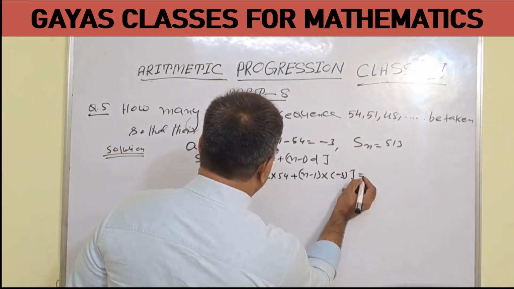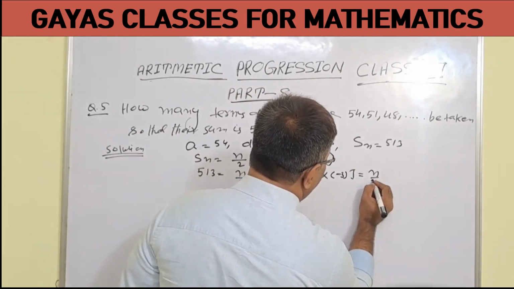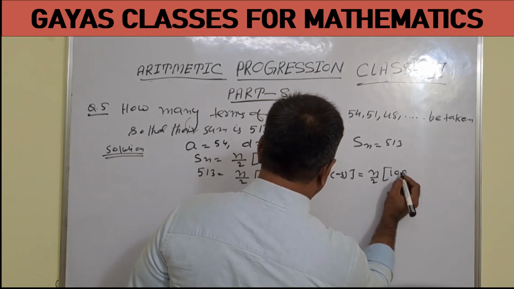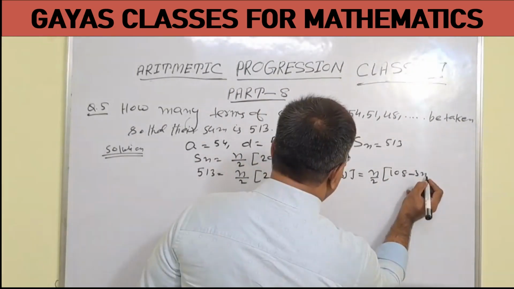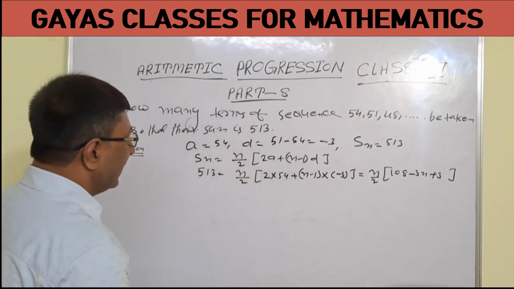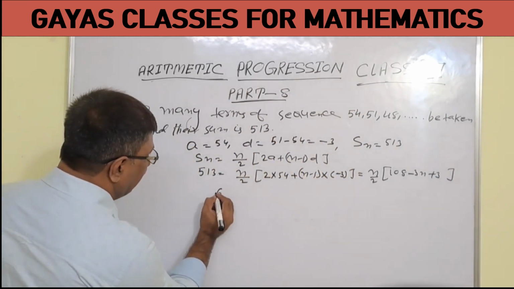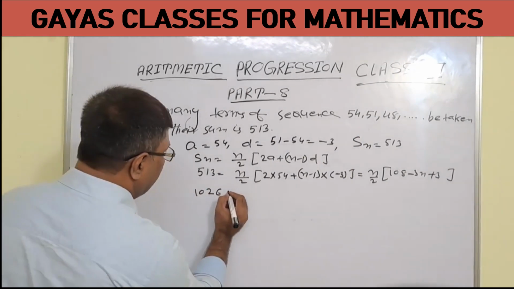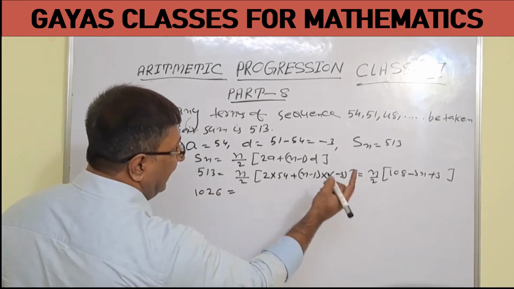Now if we solve this, we get n by 2 into (108 minus 3n plus 3), right? So now we can write 2 into 513 is 1026 equal to 108 plus 3,